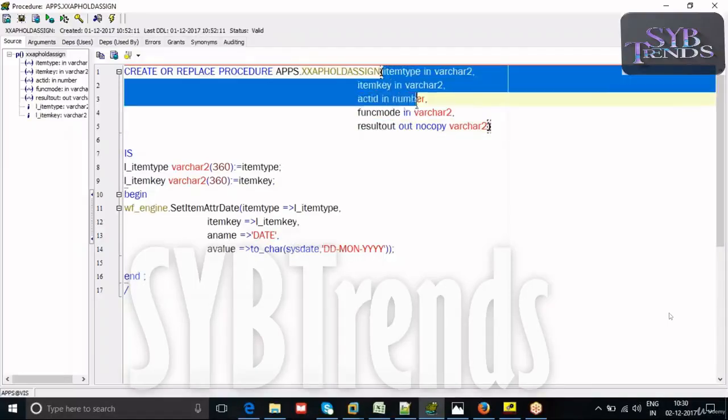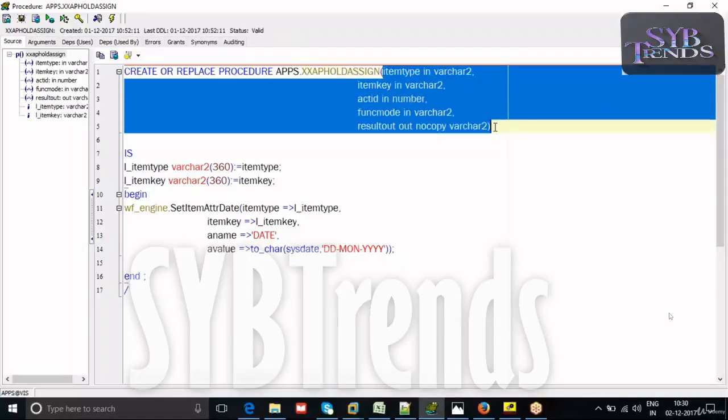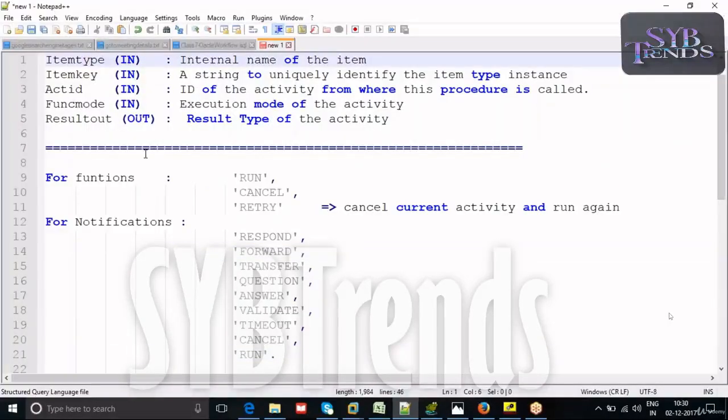Now we will discuss all these 5 parameters once, then we'll go to the practicals. Now let us see. The first parameter is item